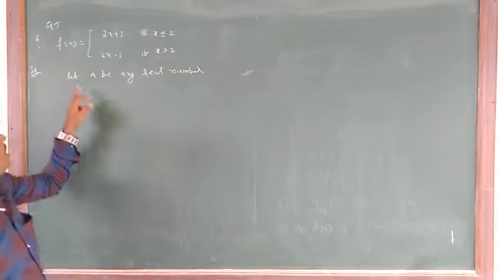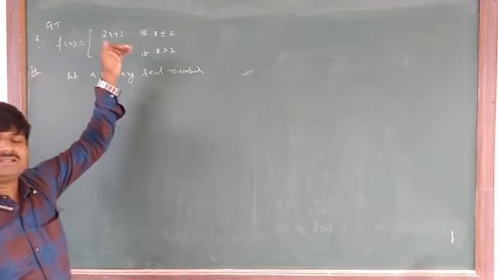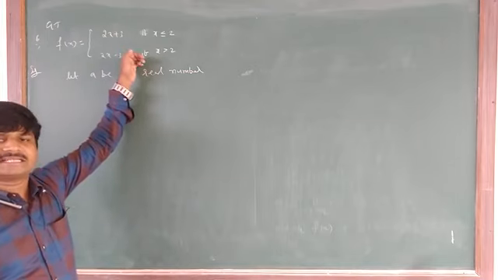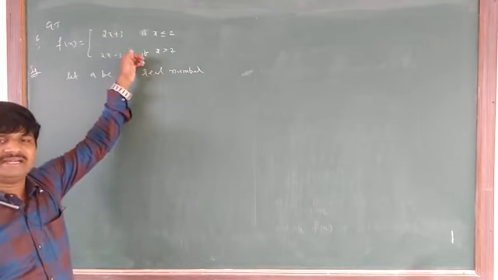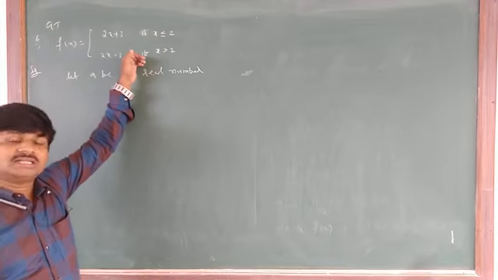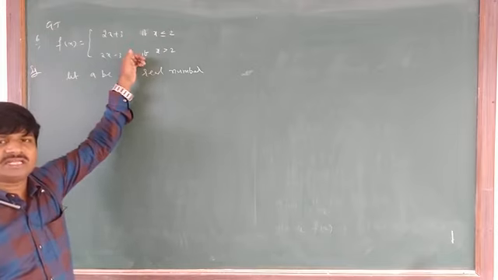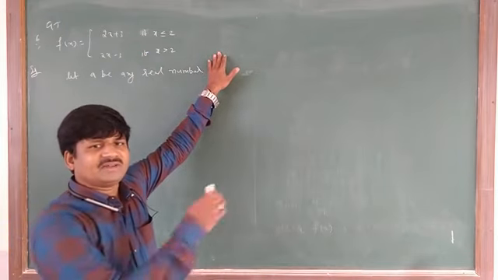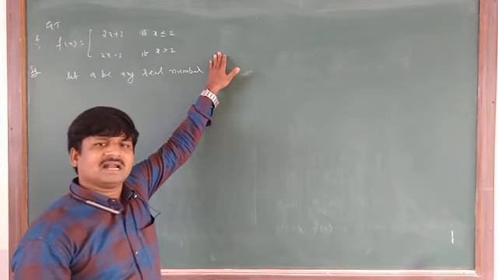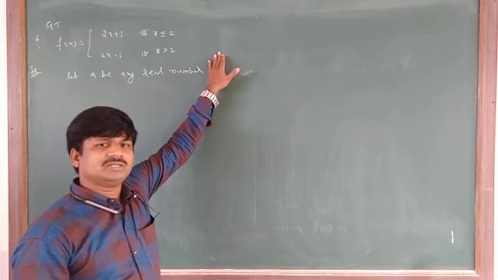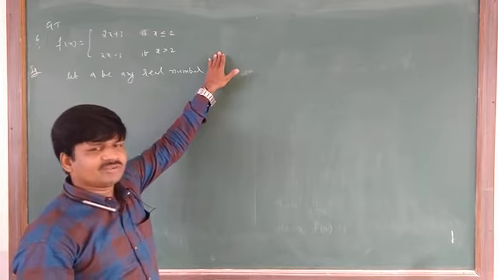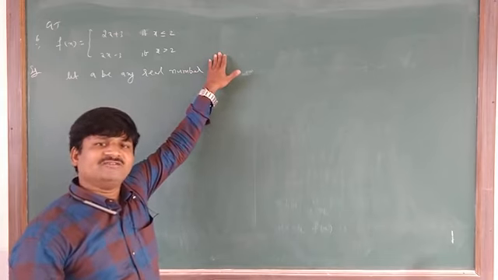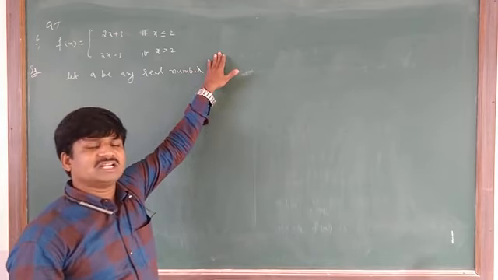Just see. What do we have to check here? We have to check where this function is discontinuous. To check the discontinuity, compulsorily an x value must be given here. But here the x value is not given. Then how can you check? If the x value is not given, we have to check for each and every real number. So how do we check each and every real number?